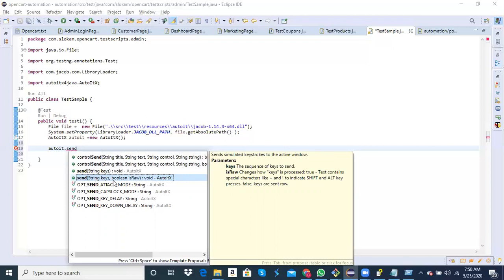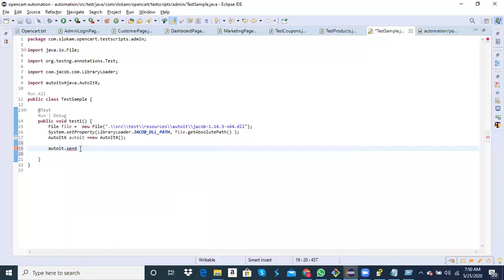One takes what to type, and the second one takes a boolean, is raw. This is very important. Please observe carefully; this is the only tricky part you have in send. If you understand this, then there is no problem.